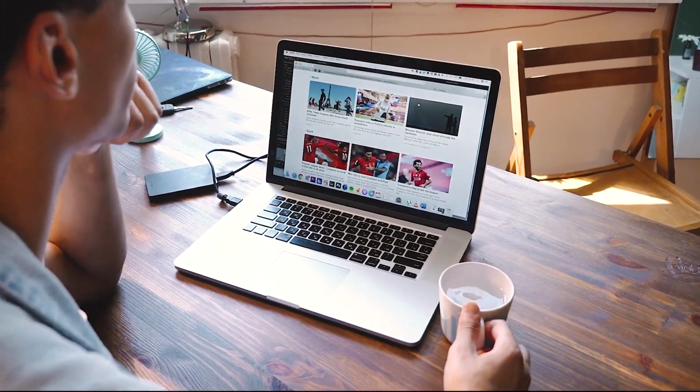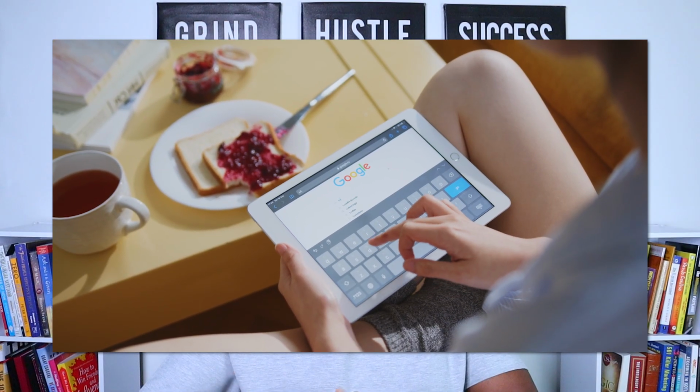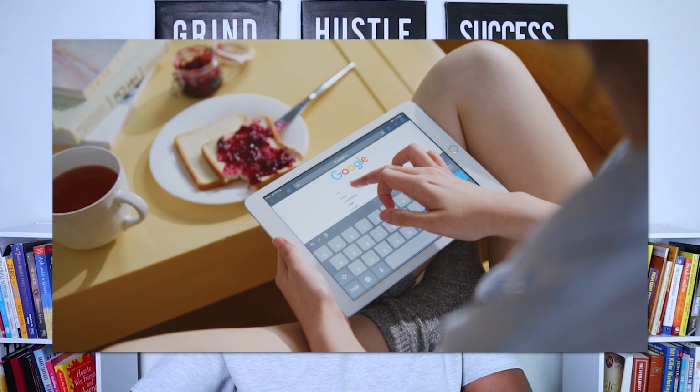And the aim of the game is to get all of these different articles ranked on Google, so that whenever someone goes onto Google and types in a specific search term that relates to one of the articles on your site, yours is going to be one of the first ones in the Google search results. They're going to click into it. From there, they're going to read through the article and you're going to be able to make money in a number of different ways.